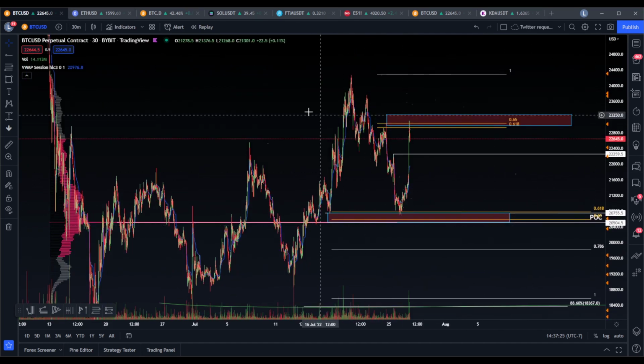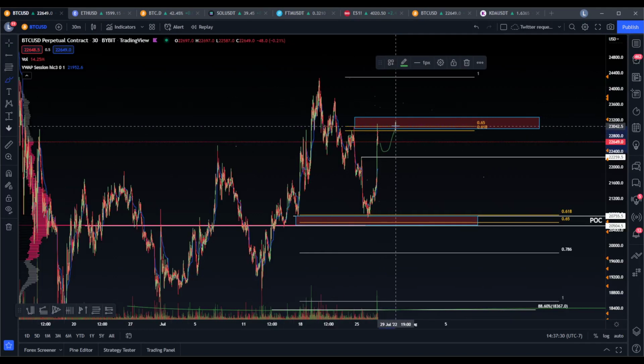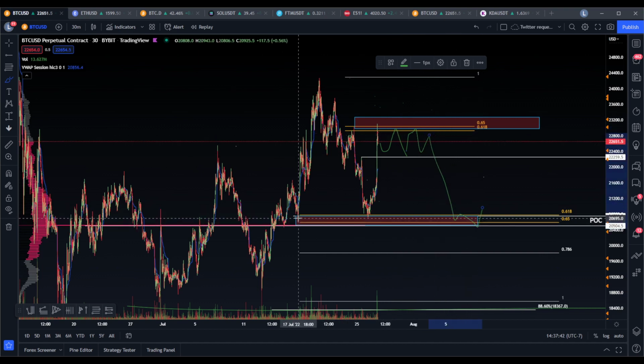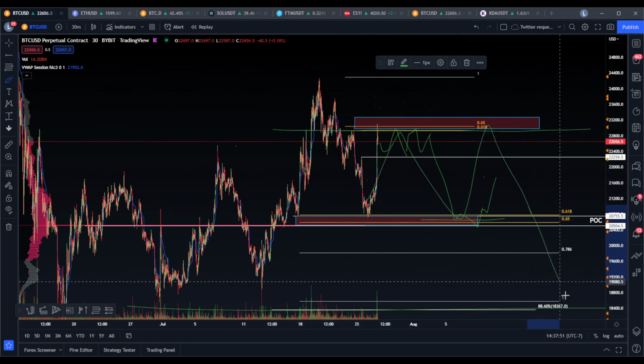these lows. Now, of course, this doesn't have to happen straight back down the way it came up, but typically if a move goes up quickly and doesn't build any structure, it can come down quickly. So maybe we range for a bit, maybe we don't, but the idea is to target into the sweep of these lows. And if we sweep these lows and reclaim them, well then I might just long that again and anticipate a bit of a range here before seeing, ultimately, I expect a bigger rejection. But the beauty of trading this way is it doesn't actually matter what I expect,